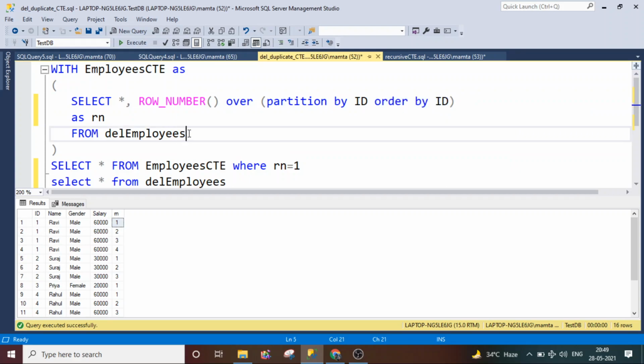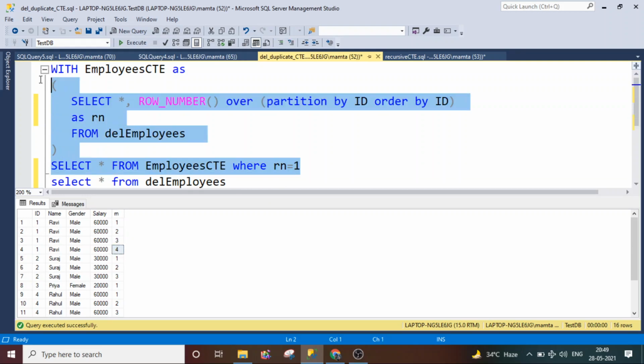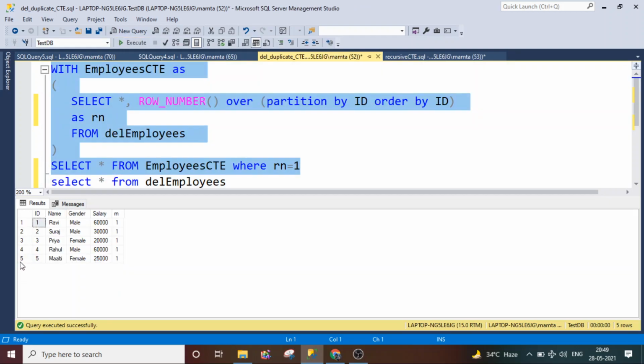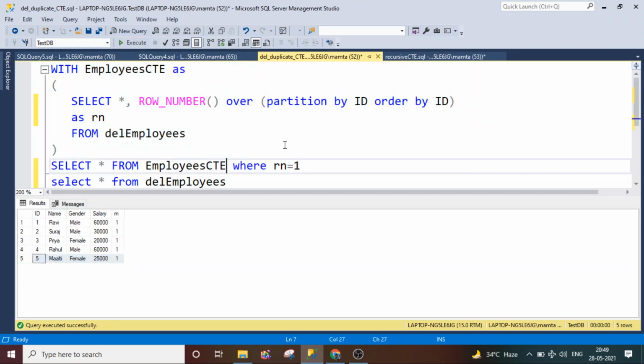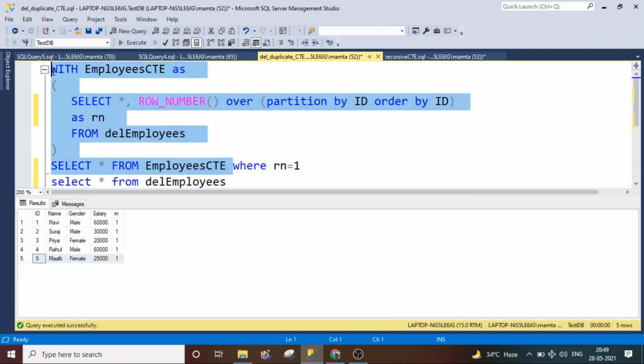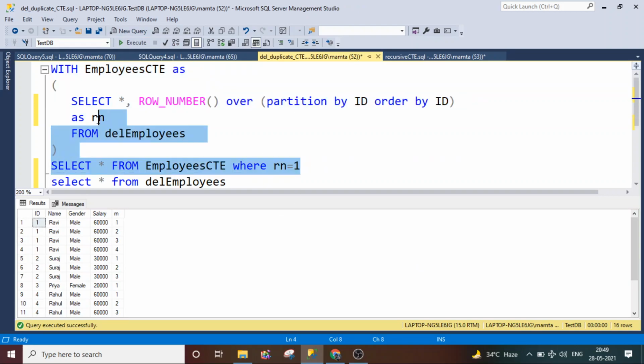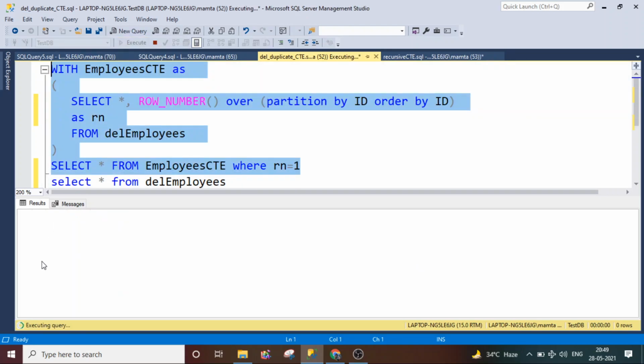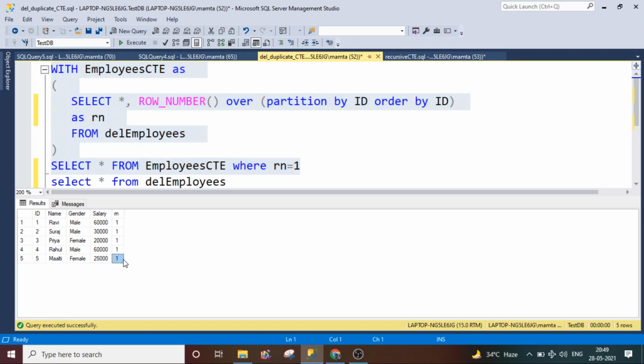Now the question is how we can delete the duplicate records. We know that we have multiple records. You can just extract those records which have the row number 1, so all the other records will be eliminated automatically. See, it will give you only 5 records. How many records were there in total? The total is 16 records. So out of 16 records, only 5 records are distinct here. I have extracted those records.